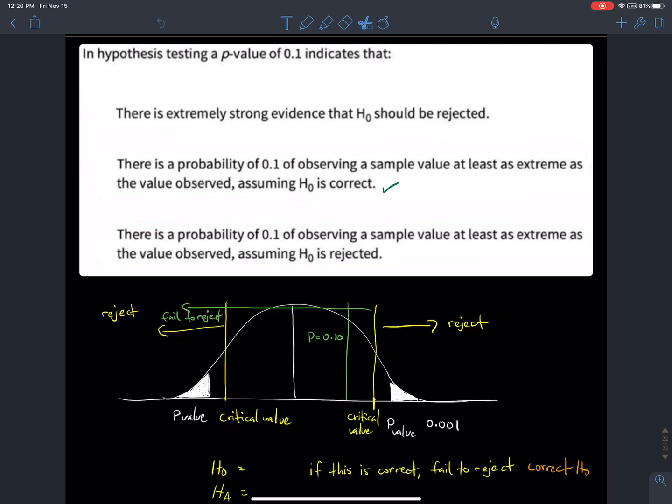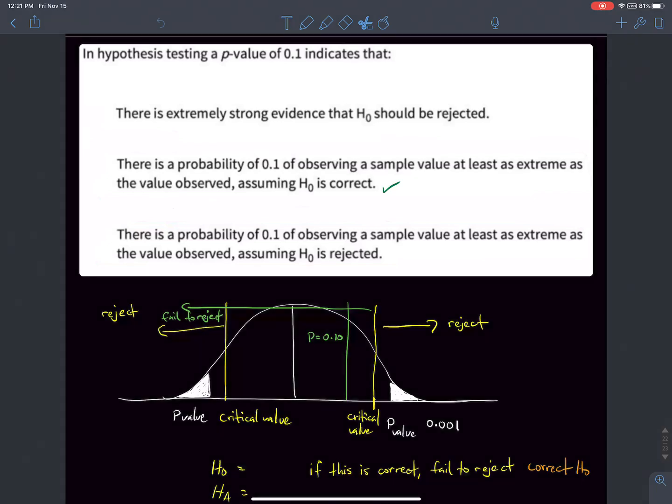November 15, 2019. Time is 12:20 p.m. Abu Dhabi time. Question is, in a hypothesis testing, a p-value of 0.1 indicates that